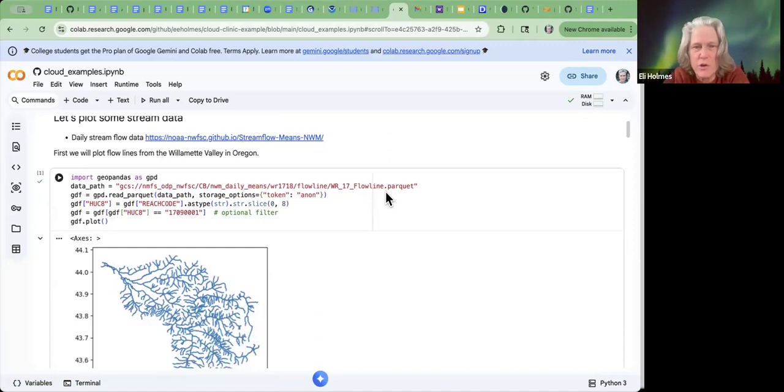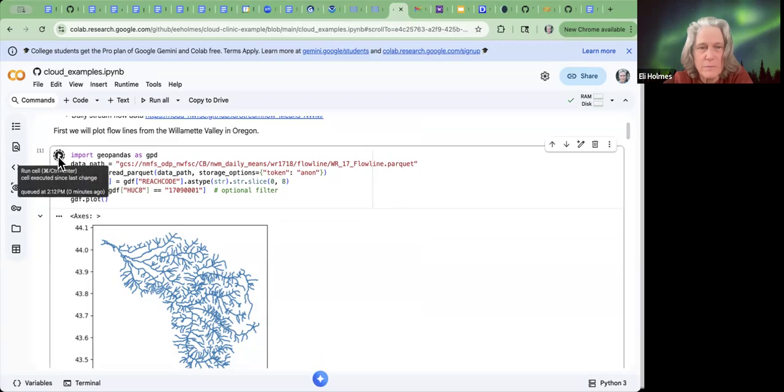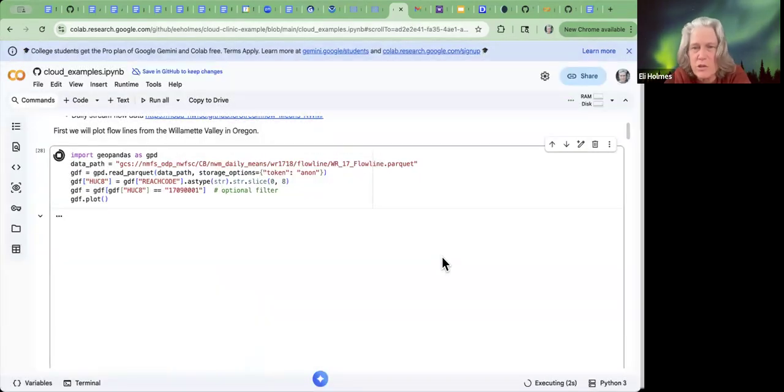First, in Colab, you roll over a code box like this, and you'll see a little arrow, and you can click that. As it goes, I'll tell you what's happening. It's taking some data that's in a Google bucket.